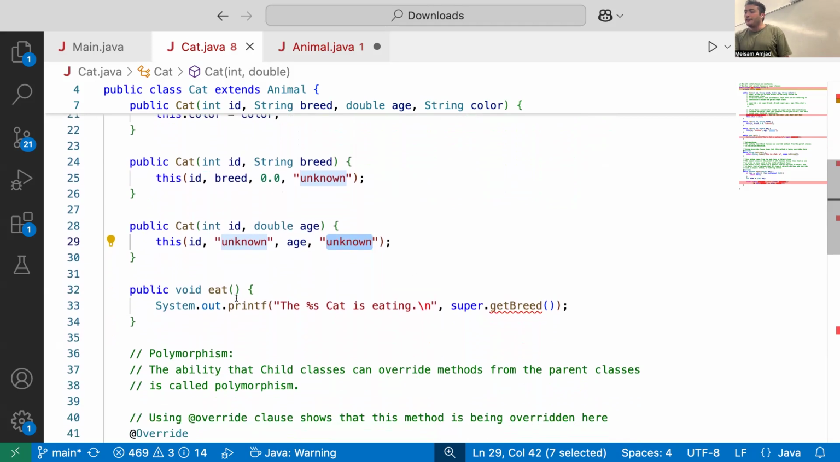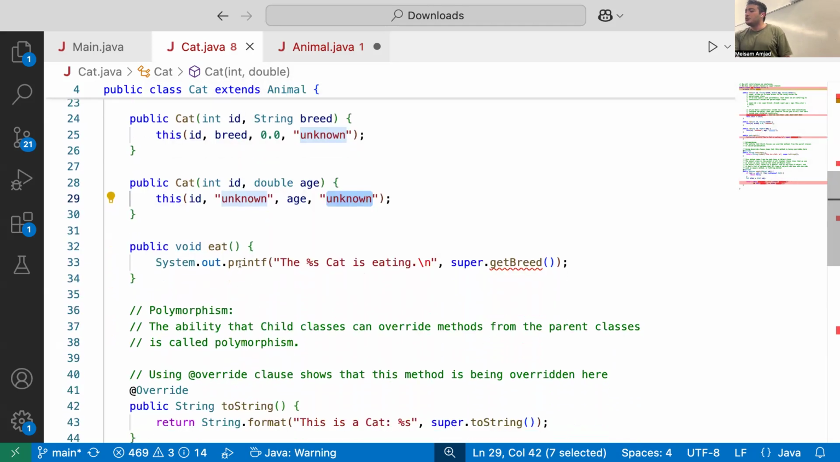And then I have this method. As you can see, this method belongs to the cat object. I'm printing some message, and I just print the breed. I can also